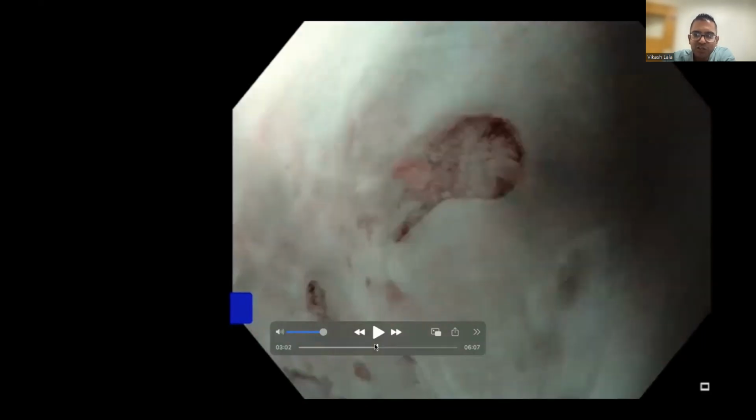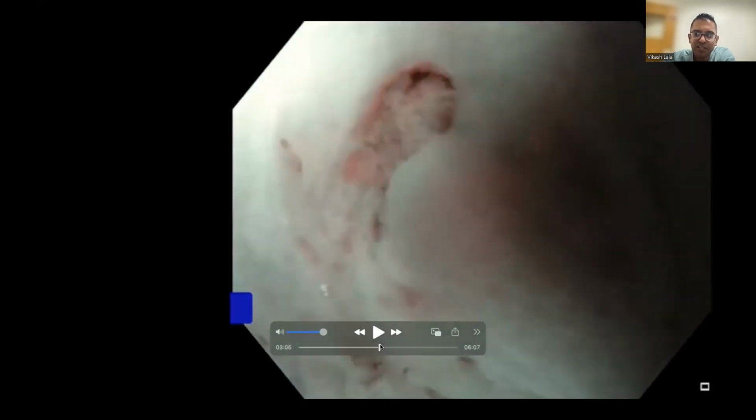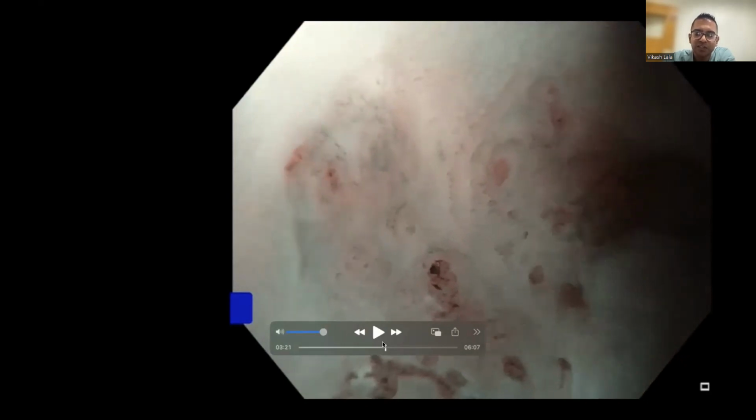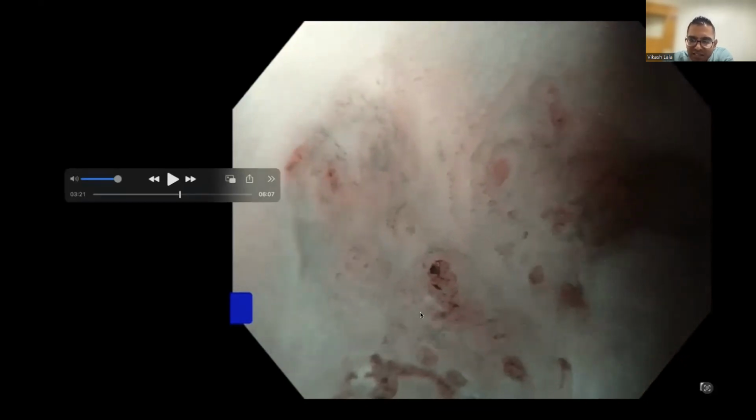But again, within that nodular area, so I sat on the nodular area with my cap, I put it under water, I'm using near focus. This was an HQ190 scope, so I had near focus. And you can see that there's several areas. And again, that looks irregular, but some structure. And several areas where there's just an irregular mucosal and vascular pattern, but difficult to appreciate because it's overlain by squamous epithelium.